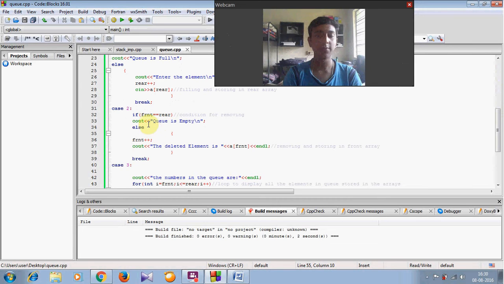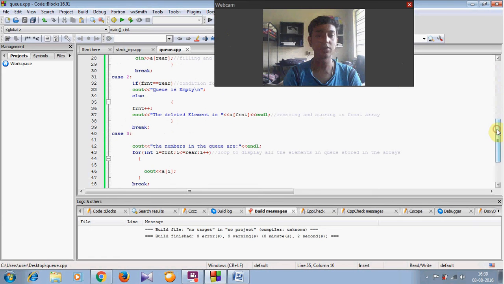If front is equal to rear, the queue is empty. Else we can delete an element from the queue. When we delete the first element, the front will be increased, and it will show the deleted element by this statement. Then case 2 will be executed.